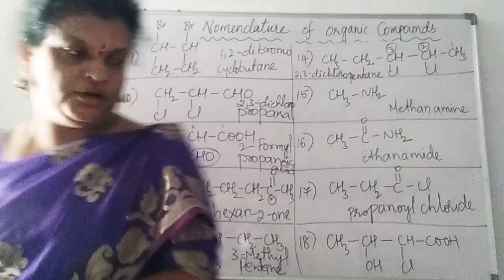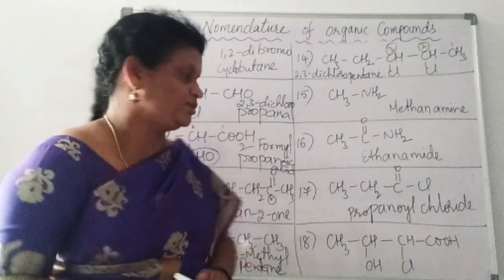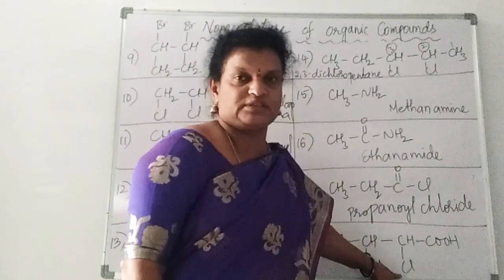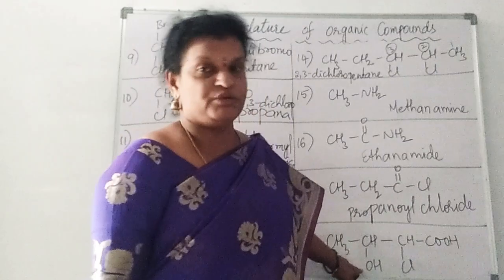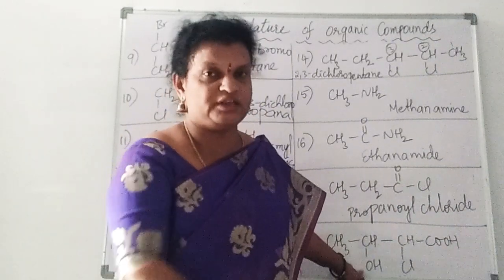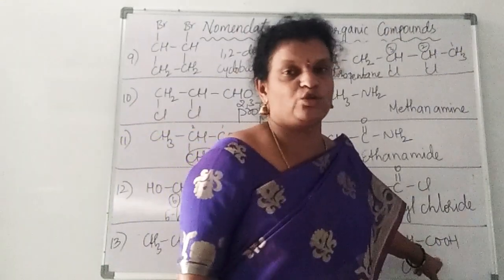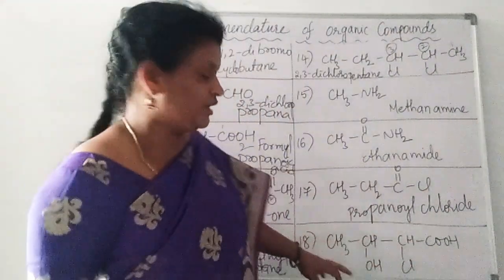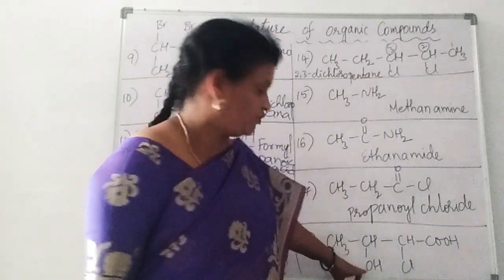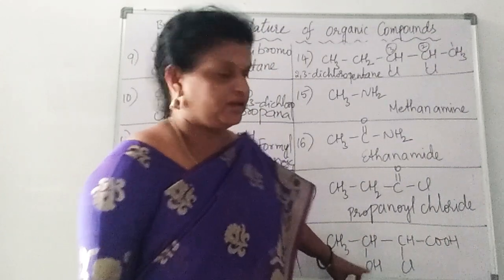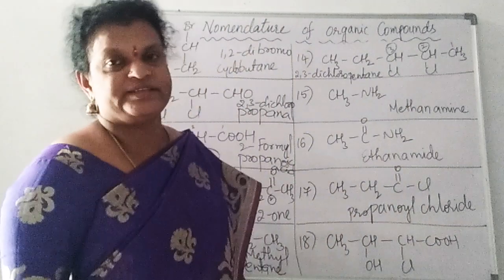Next compound, if you see, we have here 3 functional groups. One can be written as a secondary prefix. As you know already, aldehyde will be written as a secondary prefix every time. OH is sometimes a secondary suffix, when only that one is there, meaning if it is given more priority. But here a COOH group also is there. So the OH can be written as a secondary prefix, so we have to write this as hydroxy, and as the acid group is given more priority, we are going to write it under the secondary suffix.